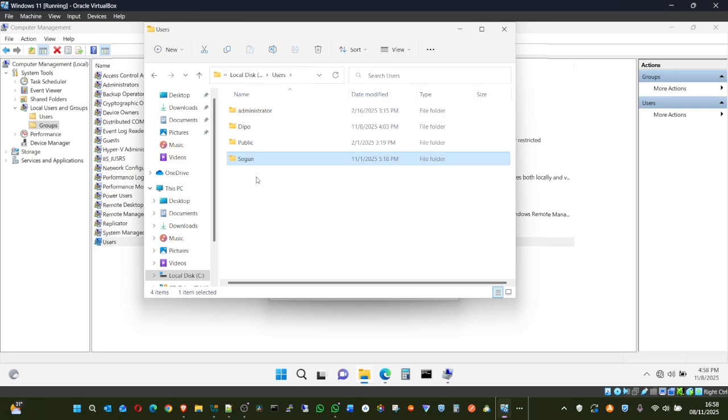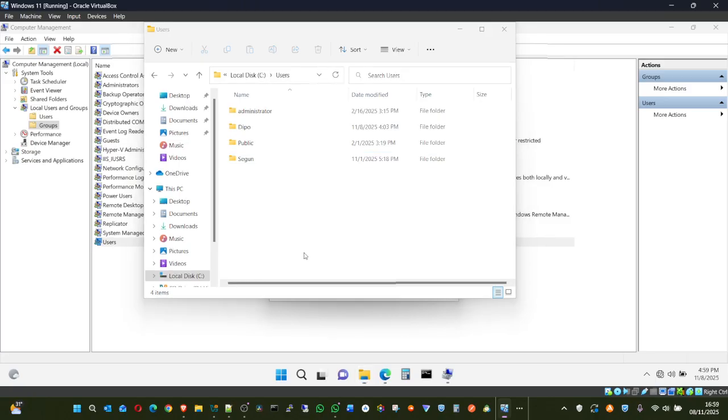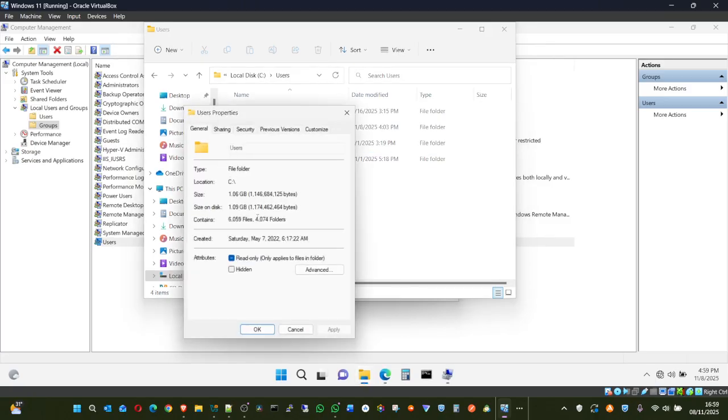Oh, no, Simon has not logged in, even though Simon has been created. Once Simon logs in, a folder for Simon will also show right here. That is to tell you the very first time Shegun logged in: right click, properties, and you will now see created.